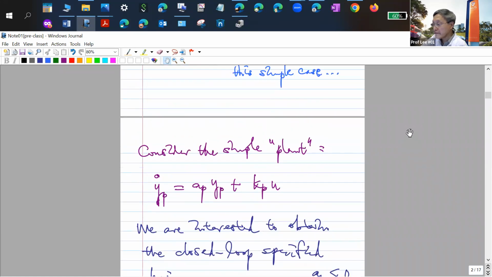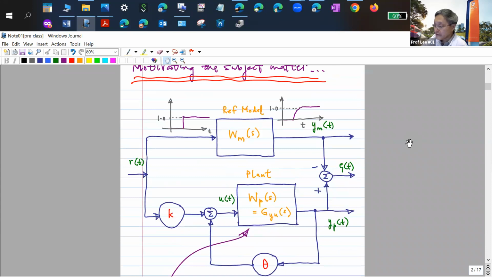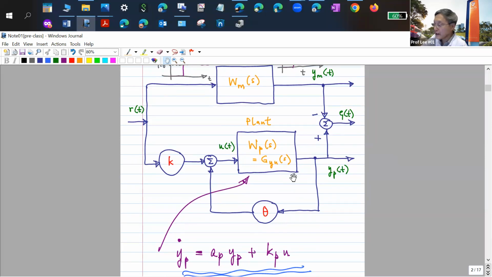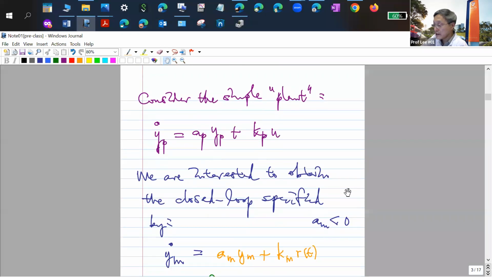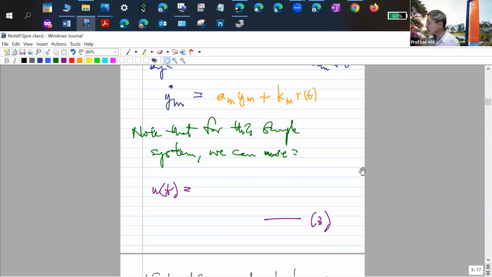And then for this very simple system, to get this kind of thing, it is quite straightforward. I can take my measured output signal and feed it back by a control gain, take my command signal and multiply it by a scaling gain, and if I can calculate the correct numbers, I will be able to match that. That's quite obvious because in this particular setup, it's very clear that what is needed is a control signal,